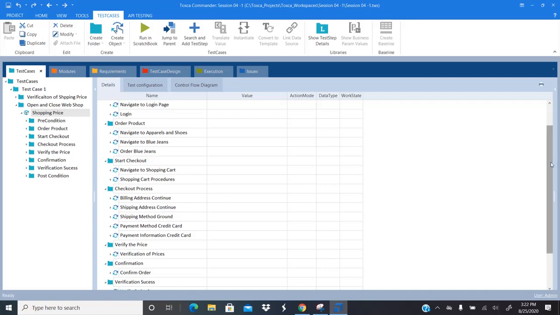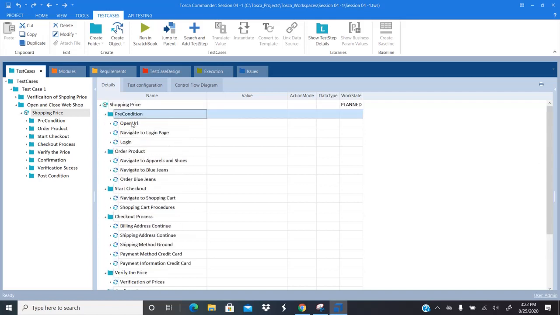So this way, all the test steps, whatever we added, are in a sequential manner, so that Tosca can steer the application accordingly. Right? So now we have test steps, but to steer the application, Tosca should know what values to be inserted or what values to be selected while steering the application, right?